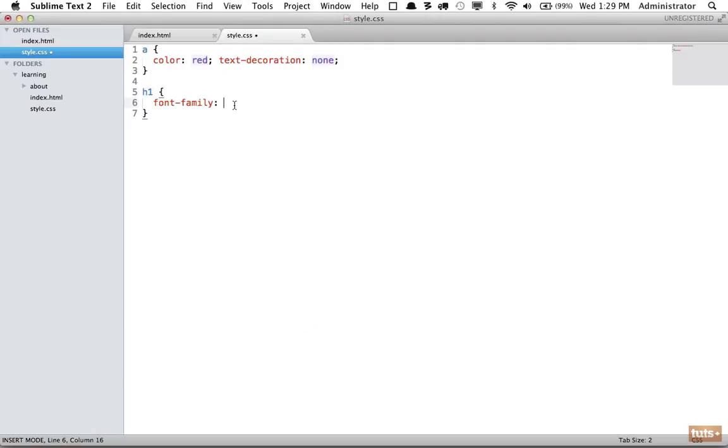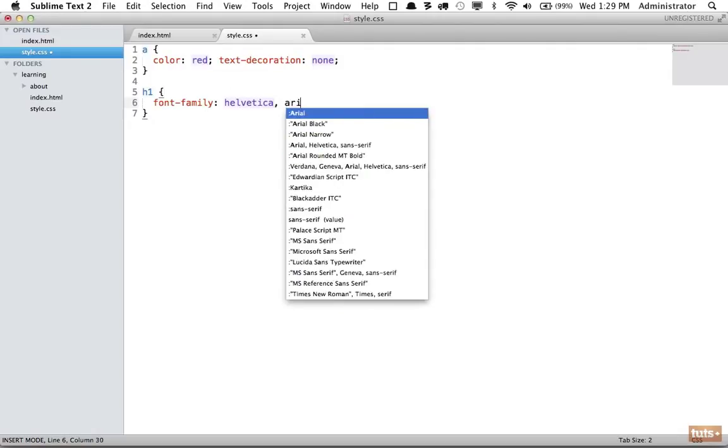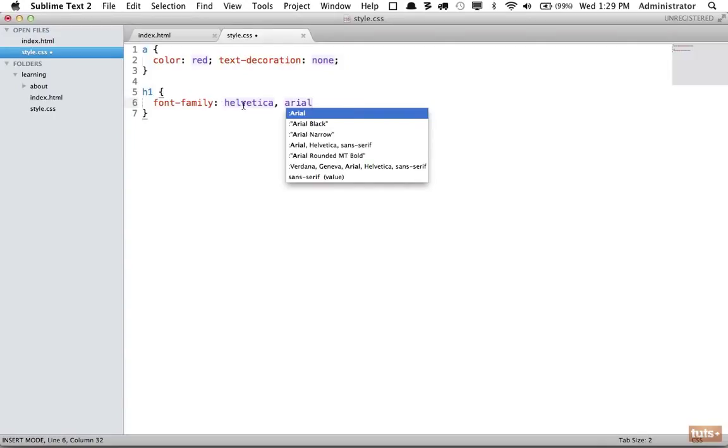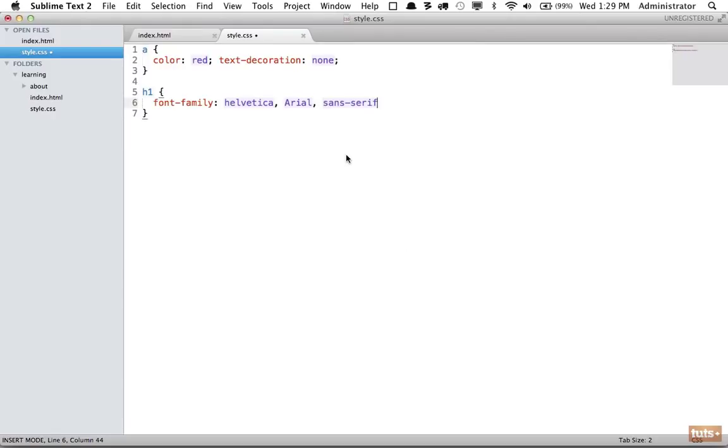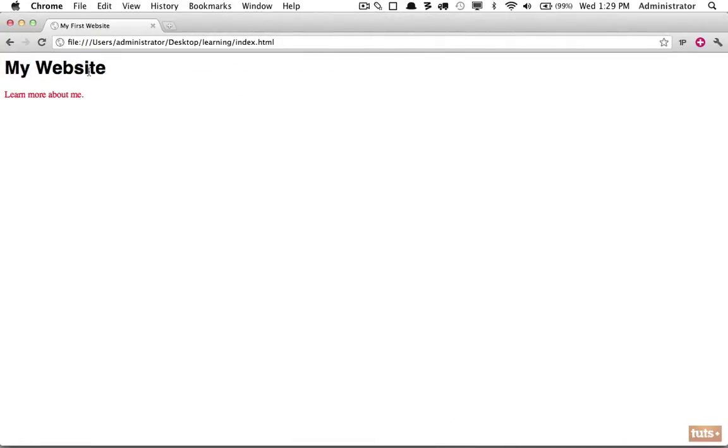In this case, I'm going to specify Helvetica and a fallback, and that means if the user does not have Helvetica, fall back to Arial. And then there is a base value called sans serif, and that will refer to, without getting into it too much, a very specific kind of font. However, a good tip to know is sans serif will automatically use one of these fonts if it's available as the default. So what you can do, if you want, is set this to sans serif and make sure you end it with a semicolon, and it will automatically use the most appropriate sans serif font. I'm going to save it, and now if I reload the page, you can see